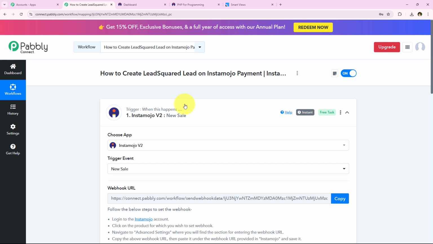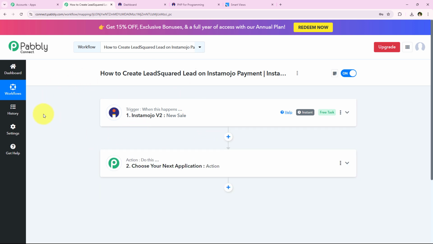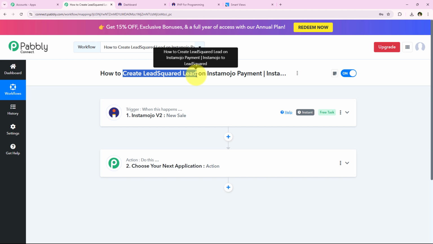So yes, with this we have successfully completed our trigger step, and now what will happen is that as soon as a new sale is made on my Instamojo, Pabbly is going to trigger the workflow and capture the response for the same. All right, so now further what I want is I want to create a LeadSquared lead on